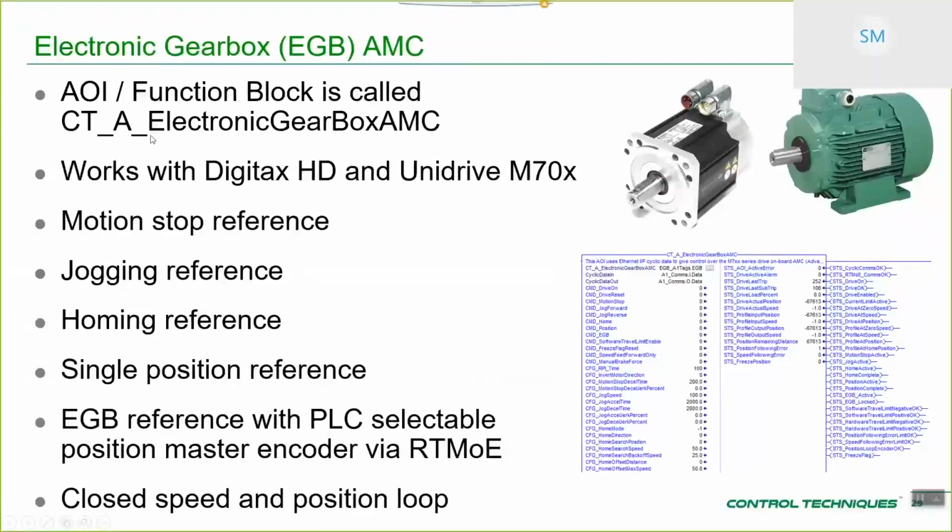Last of all, CTA electronic gearbox. Again, Digitax HD and Unidrive M. Motion stop reference, jogging, homing, a single position reference this time because we recognize that you're probably going to want to be able to home and then possibly move your axis to a dedicated starting position before you form your electronic gearbox lock. And then the EGB reference, so electronic gearbox locking reference to form your digital lock with PLC